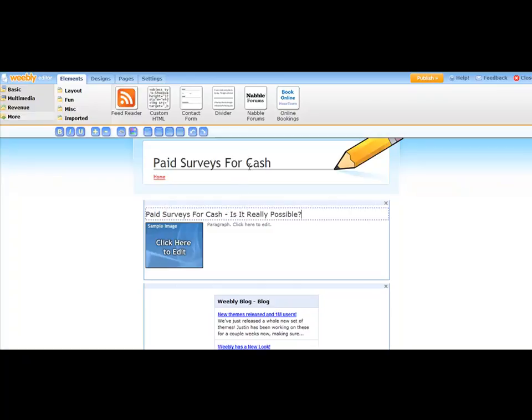So, "Paid surveys for cash - is it really possible?" That is what it should say, something like that. If it's weight loss, "Weight loss in 10 days - is it really possible?" Whatever niche you happen to have picked through ClickBank, or maybe it's the Nintendo Wii system: "Is it possible to buy it still at Christmas time?" Whatever keyword, whatever product, whatever service, try and get that into the title as I instructed in the previous